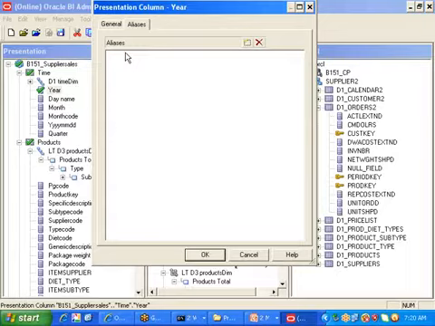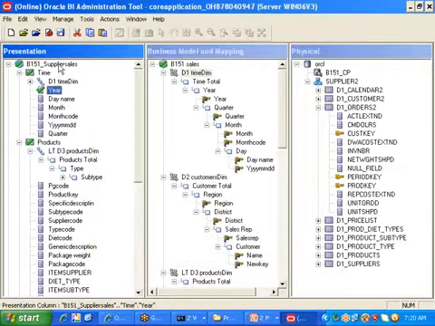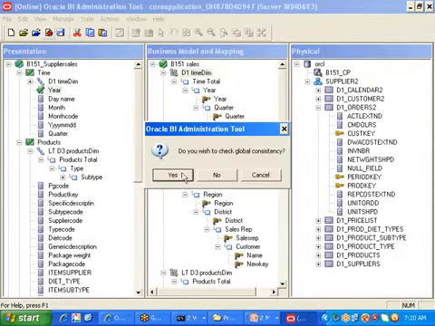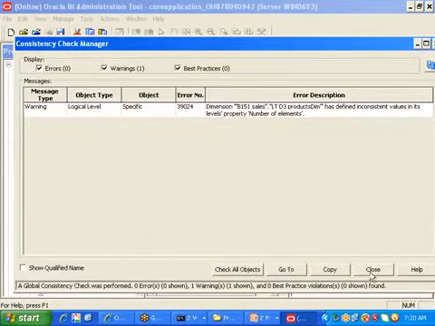I replace it. What is an alias? You know, right? This year column will point to this one. But this column is actually not available in our BMM layer. That is the reason the corresponding column is not available, and it's showing an error. Okay, right. Click on OK. Now no issues. Click on check in changes. Click yes. Okay, click close.